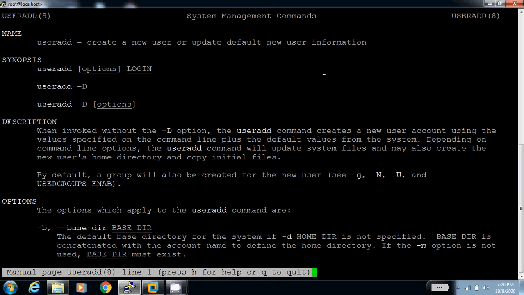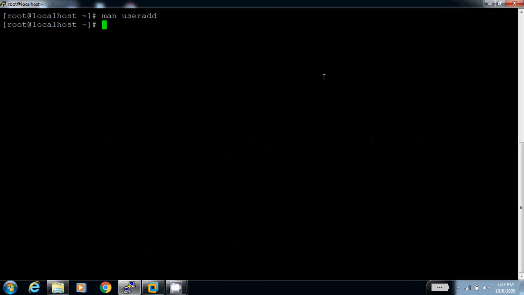If you want to update any default user information, we can use the useradd command. We run useradd Ram. Now the user has been added.